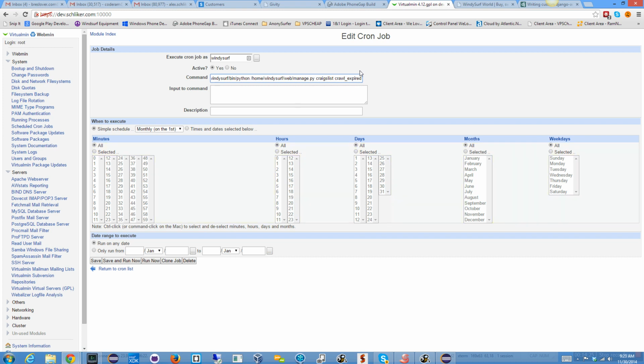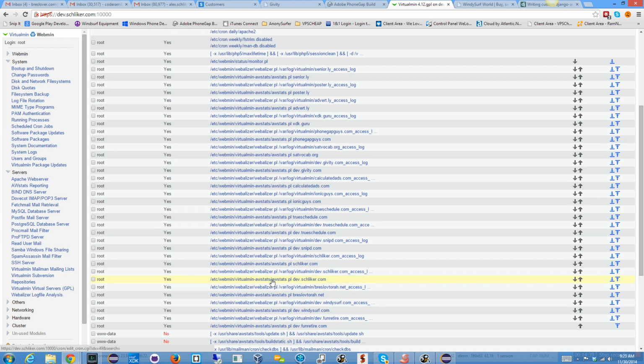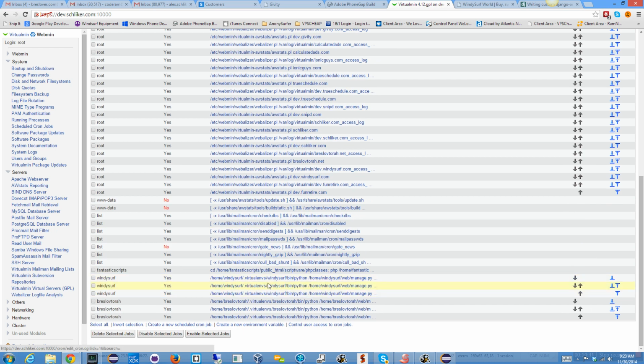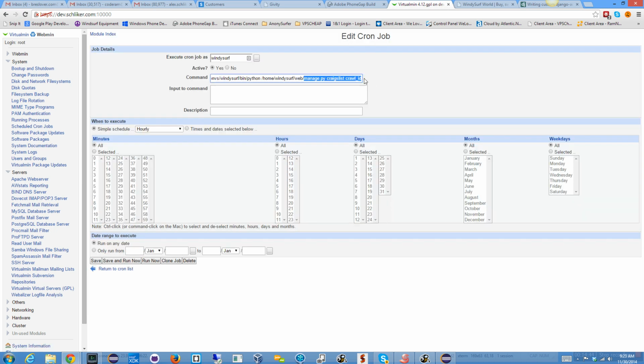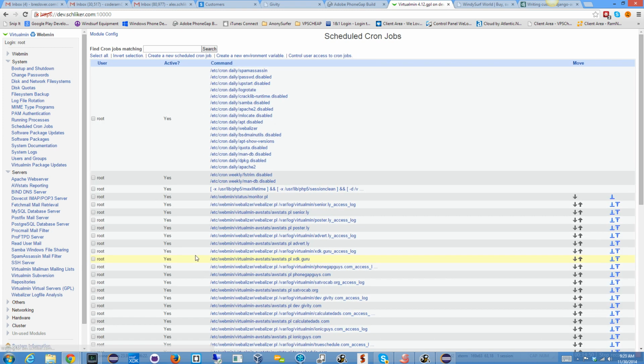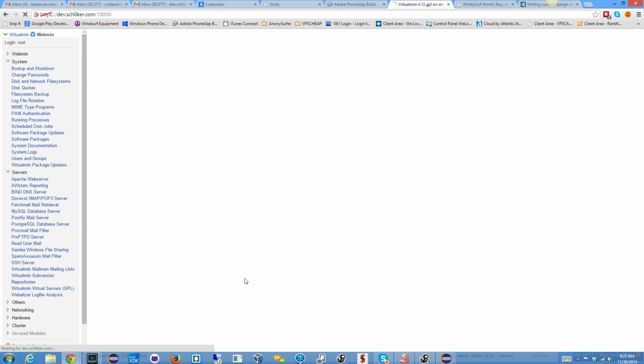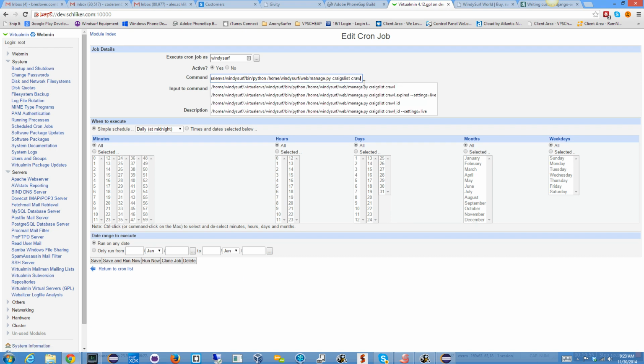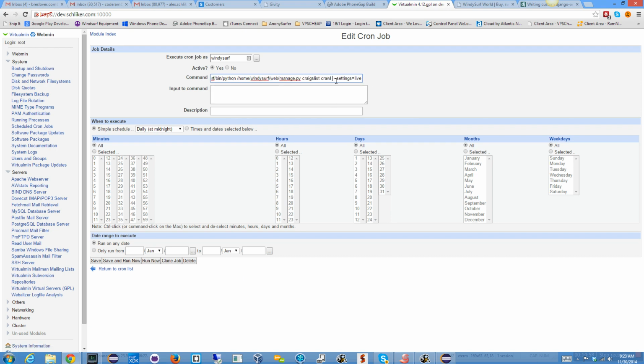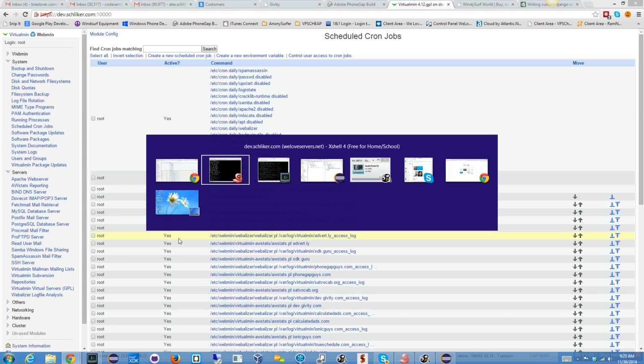Okay, save. But before I do that, let's specify our settings. Settings equals live. Now we're talking. And now when I go back and save, I need to add that to each one. Settings is equal to live. Crawl ID, settings is live, save, and finally right here, crawl, settings is live. Okay, so I'm going to hit save,